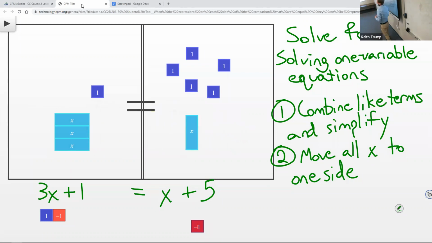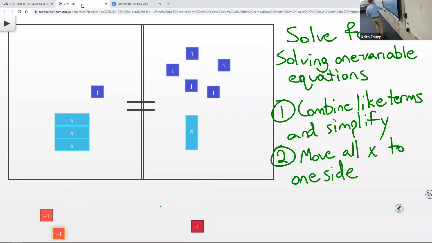Now, we've learned in the last video that with an expression mat, you can add or take away the same tile to both sides. In an equation, because both sides are equal, you can add or take away the same thing from both sides. As long as you do the same thing to both sides, that's okay. So you can do some pretty creative tricks to both sides in order to simplify this expression. But what we're going to do